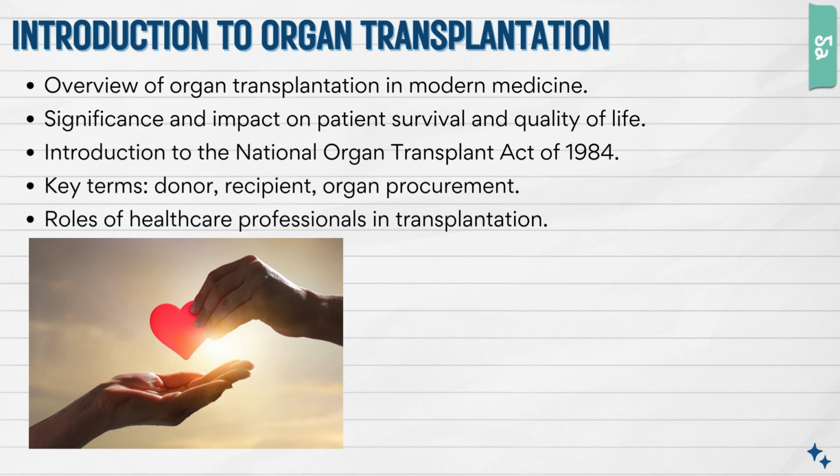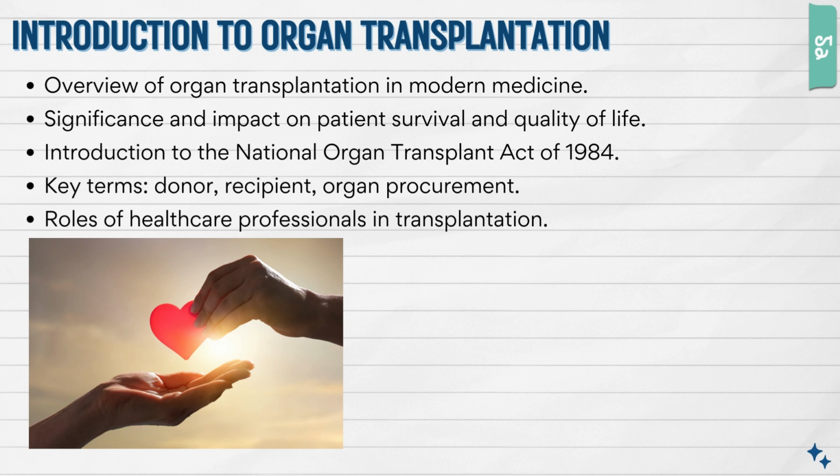So organ transplantation not only extends the survival of some patients, but it can significantly enhance the quality of life for the recipients. Today, we're going to talk about several key aspects of this super complex field, beginning with an overview of the National Organ Transplant Act of 1984, which established the framework for equitable allocation of organs in the United States. This act was a game changer as it set up the Organ Procurement and Transplantation Network, some people refer to it as OPTN, and prohibited the sale of organs. Kind of important, ensuring that allocation is based on medical necessity rather than financial capacity.